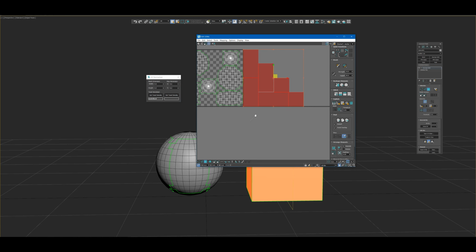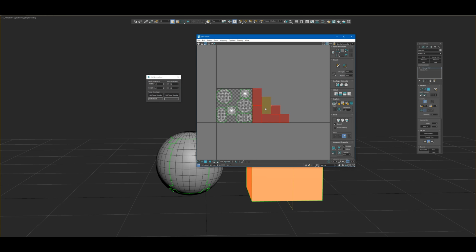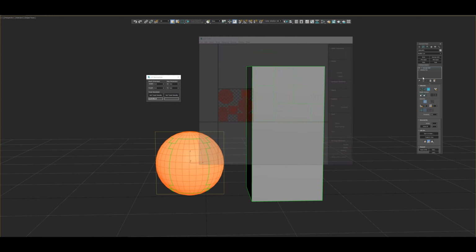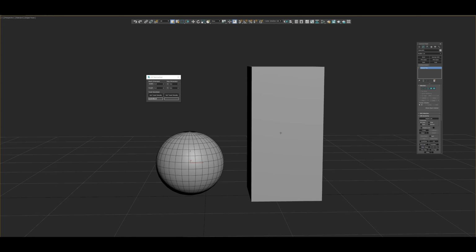First things first, suppose the box UV is a little big. Say I was working on this asset before and I'm merging these two assets, attaching them after some time. Maybe the first time when I unwrapped this one, the UV was a little bigger, and I want to match their texels together. What is a texel? Let me show you an example first so you can understand what a texel is.